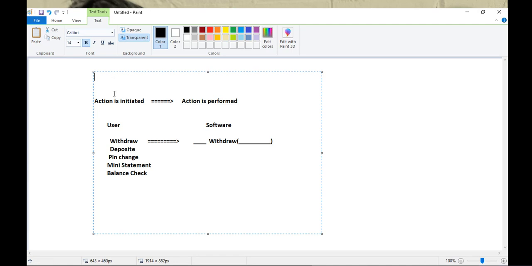So when an action is initiated, the event is called, or in technical terms, it is raised. So when the event is raised, this raised event needs to be handled.